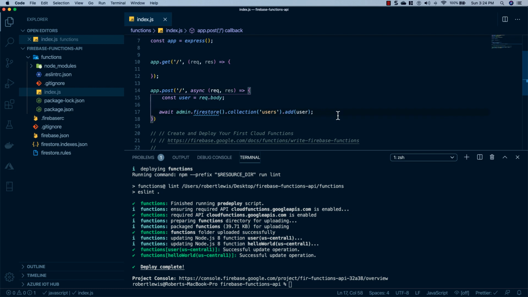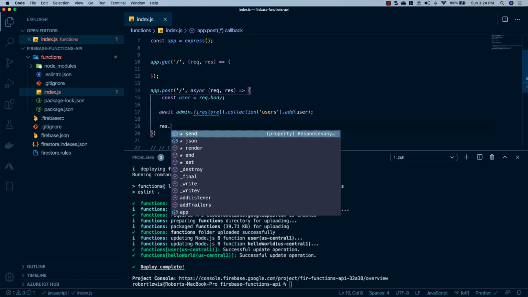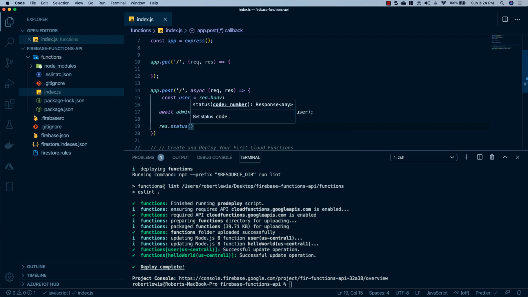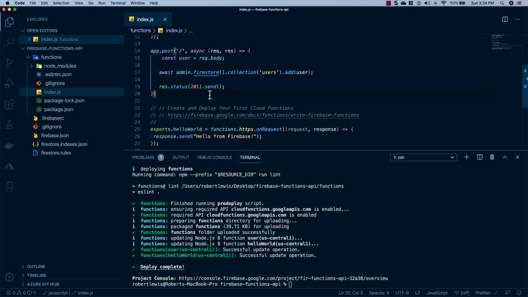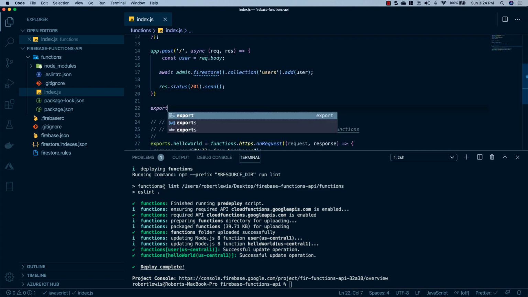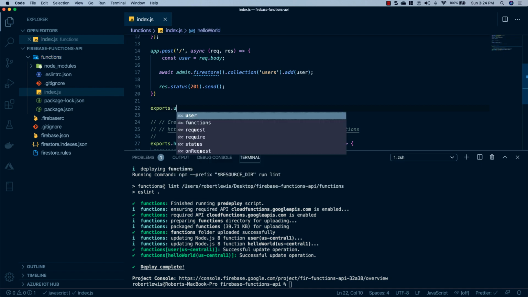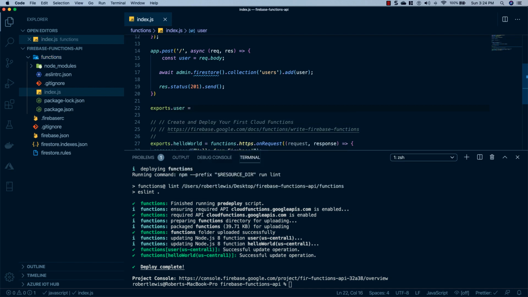And then once this has completed, we will say res.status 201, which stands for created, and we'll just send it back. And now that we have our post request all set up, we'll come down here and we will make an exports. So we'll say exports.user equals